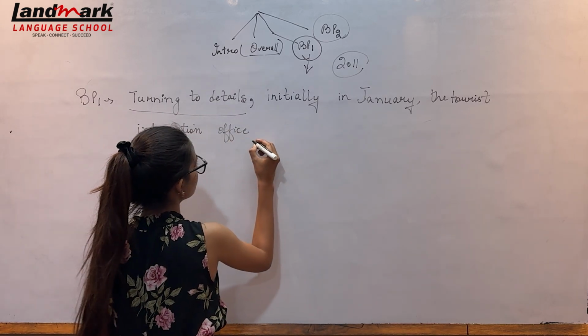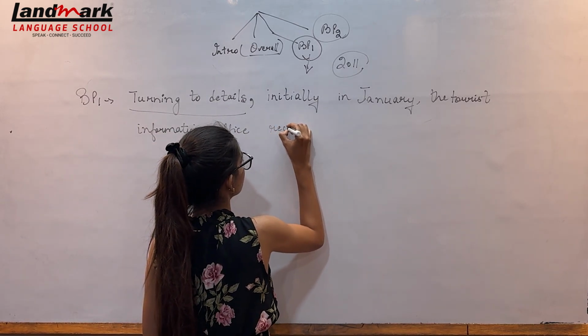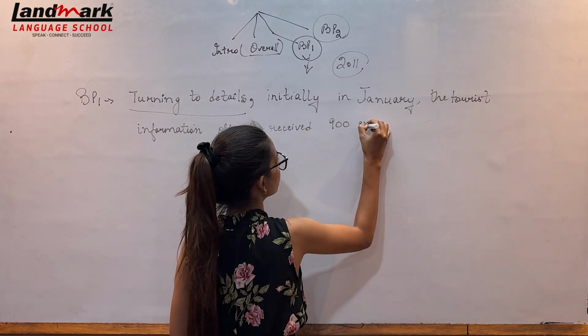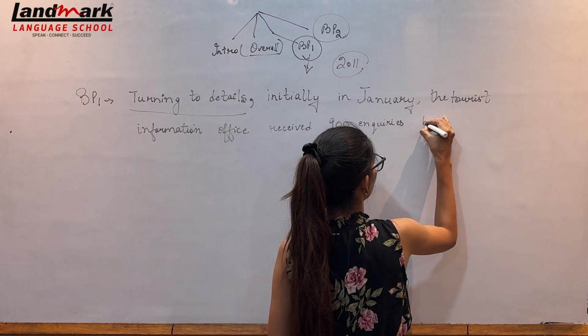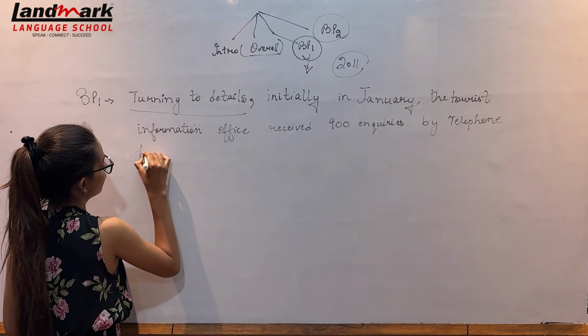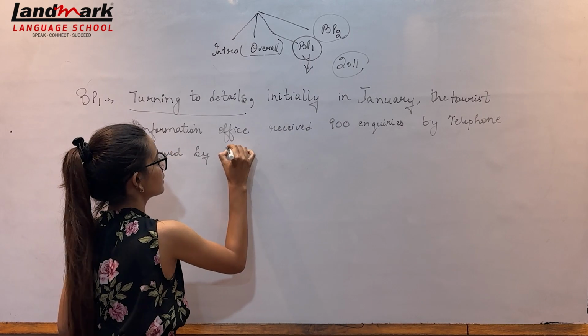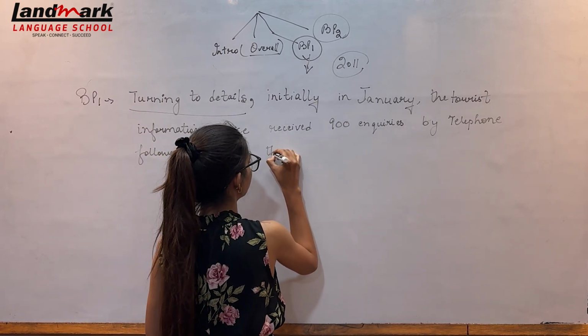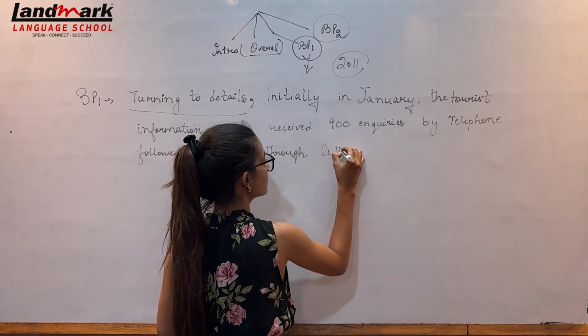The tourist information office received 900 inquiries by telephone, followed by 750 through letters,